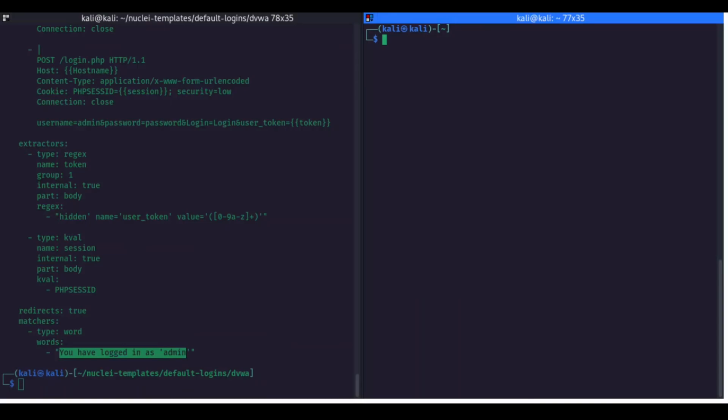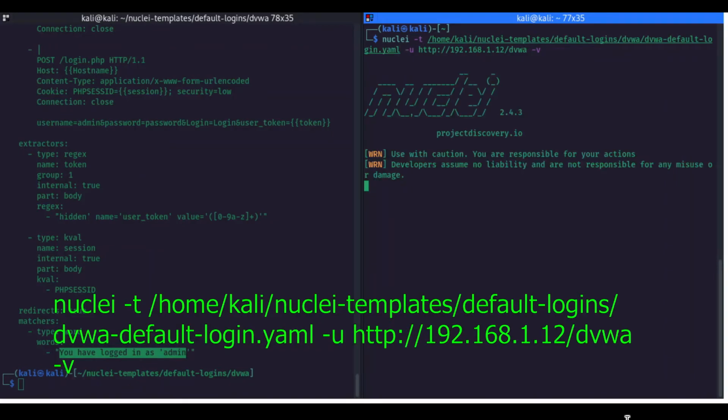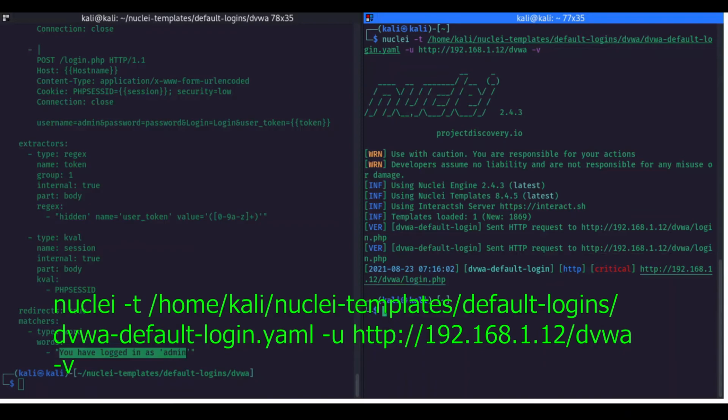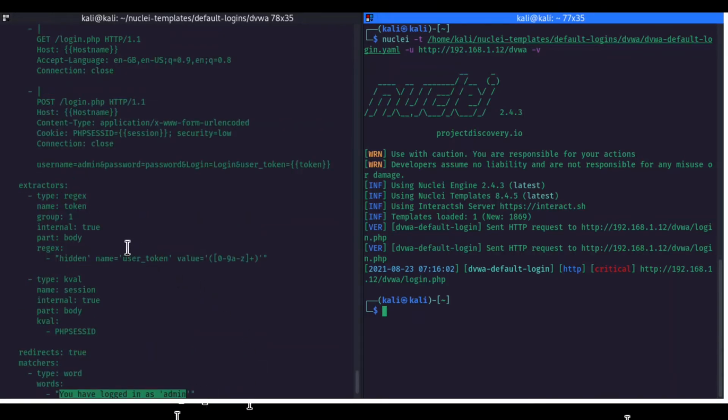So we can use this only, and we can just change a little bit of that and change the name of the script. DVWA default login.yml, and we will just go about that. So yes, we have our login. So it is successfully logged into us. So if you are using username as admin and password as admin, what we are getting, that is basically the thing. So why this demonstration?